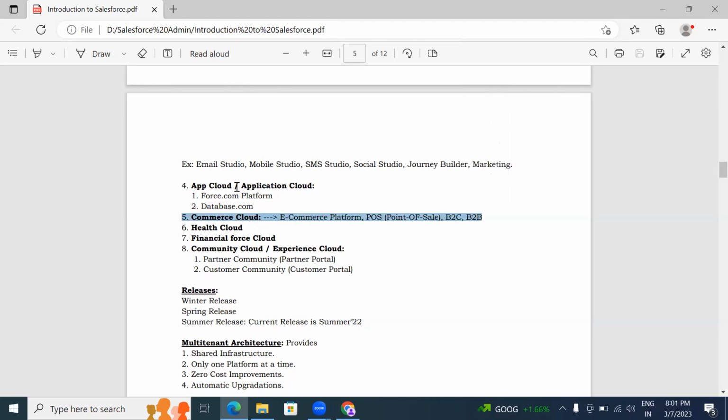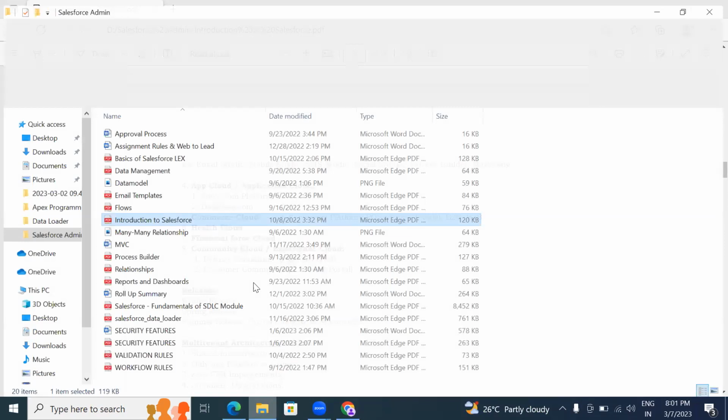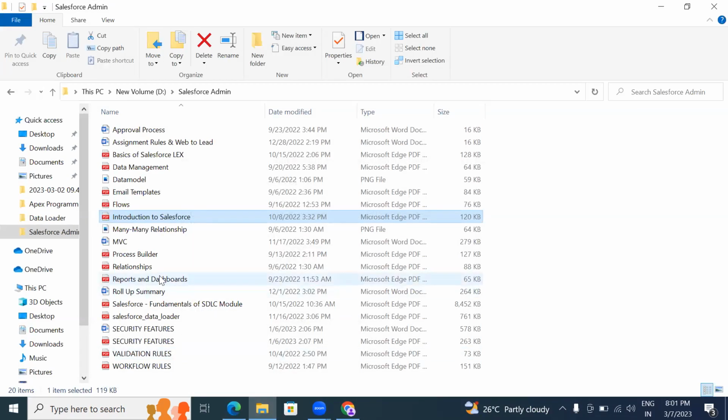And we have App Cloud or Application Cloud, which contains two parts: the force.com platform and database.com. What are this force.com platform and database.com? Let me show you one image that will clarify it.